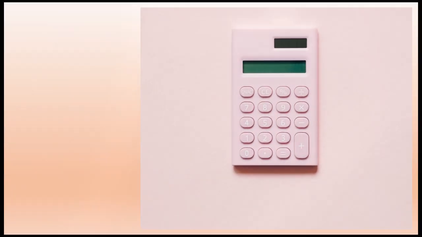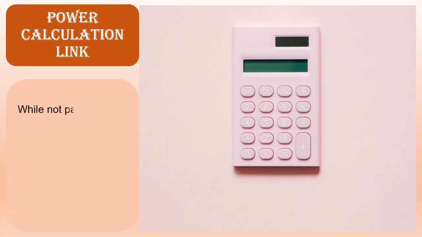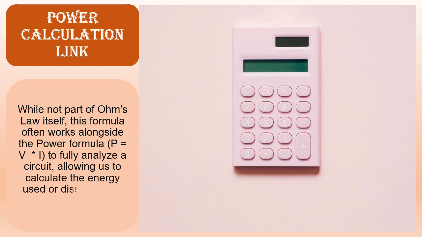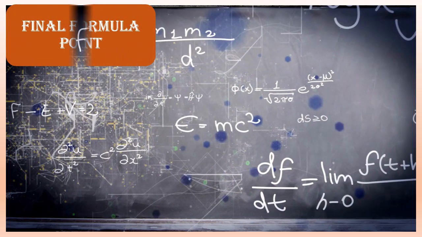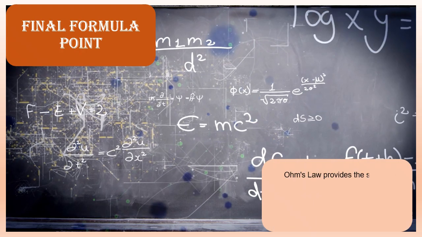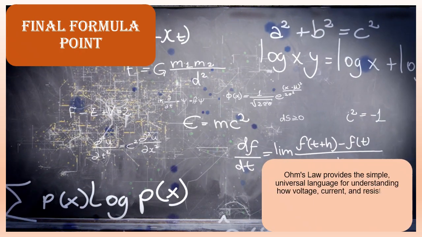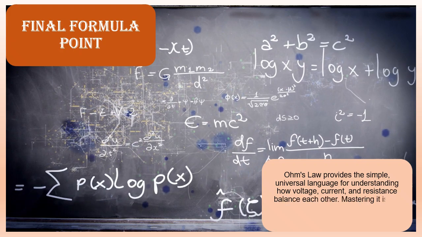Power calculation link. While not part of Ohm's law itself, this formula often works alongside the power formula, E is equal to V asterisk I, to fully analyze a circuit, allowing us to calculate the energy used or dissipated as heat. Final formula point. Ohm's law provides the simple, universal language for understanding how voltage, current, and resistance balance each